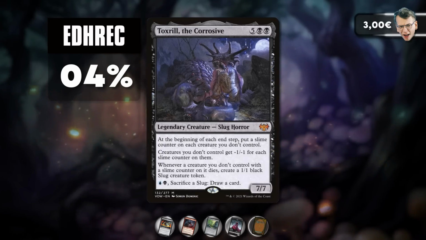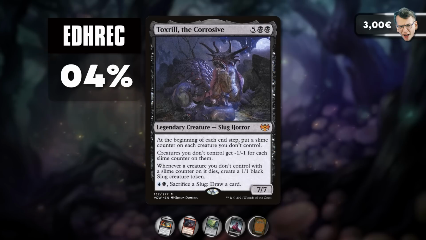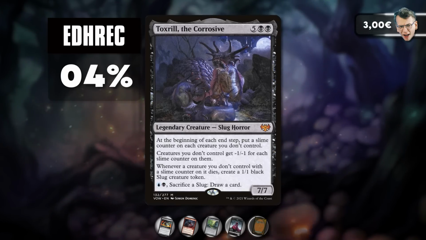For context, the slug thing is played in 4% of Commander decks on EDHREC that it can be played in. You just throw this 7-mana slug that kind of reads "win the game." 4% of all Dimir decks. Yep. This is a card I actually have to look up now, because I don't even know if I